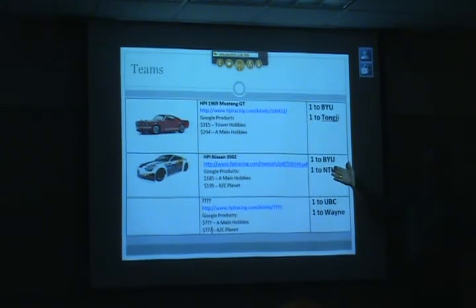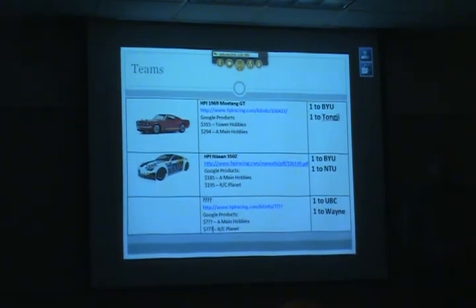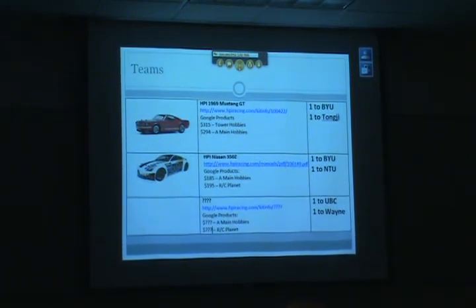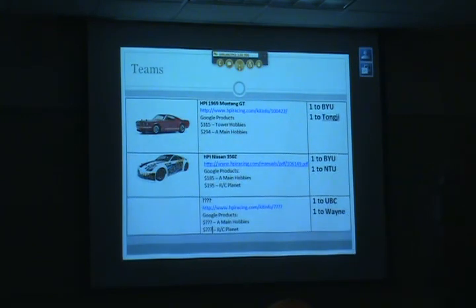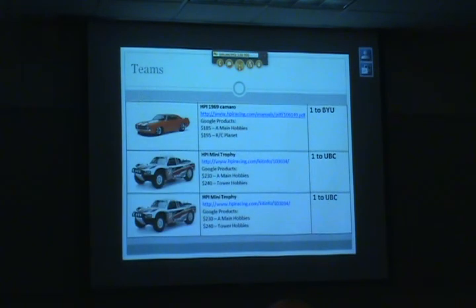This is our CATIA team. There is another UBC Wayne State team, and they're still determining which car they want to go with. One of the faculty there is trying to encourage them to go with the Mustang. They like that. So, we've got a BYU only team, another CATIA team, and they're working on a Camaro. And then there's two UBC only teams, and they have this mini trophy truck